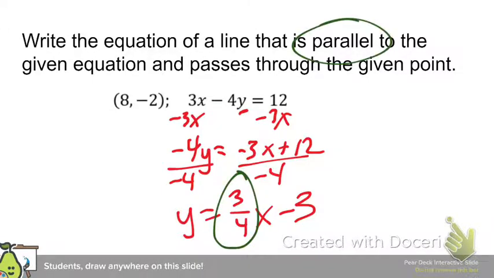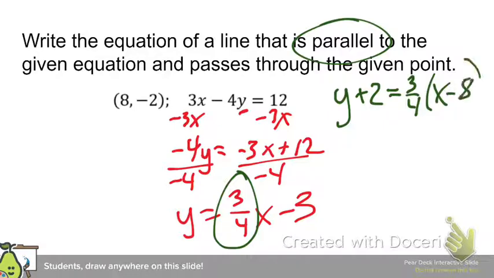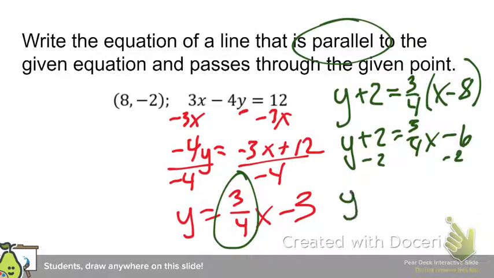If it needs to be parallel, the new slope has to be 3/4. So I would do y and then plus 2 from the ordered pair, and then 3/4 times x minus 8. If I needed to solve it from there to slope-intercept, of course I could. That goes back to unit 5 that we just tested. So that would be minus 6, and then if we subtract 2, we would get y equals 3/4 x minus 8. But you do have to find that slope yourself from standard form. So you do have to do a little bit of extra work